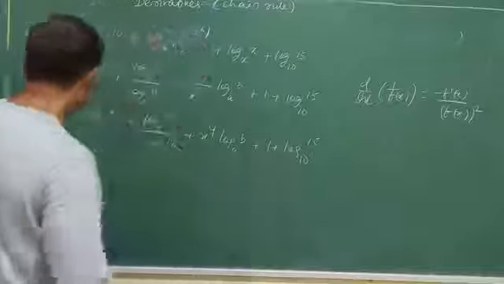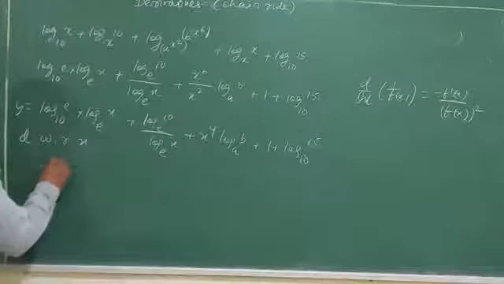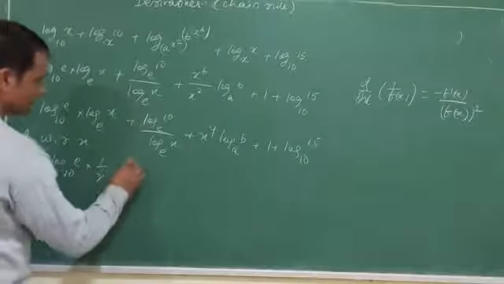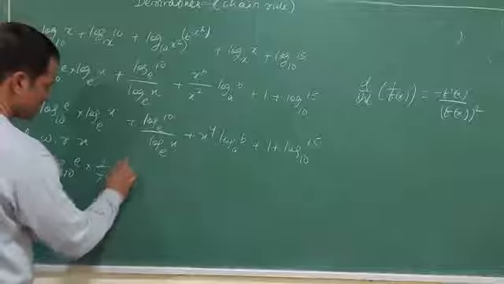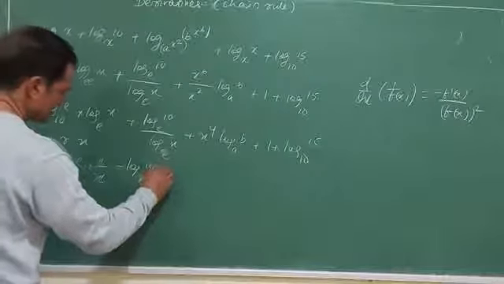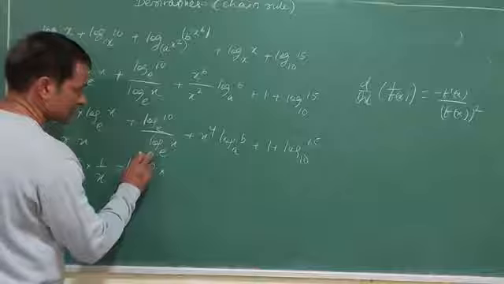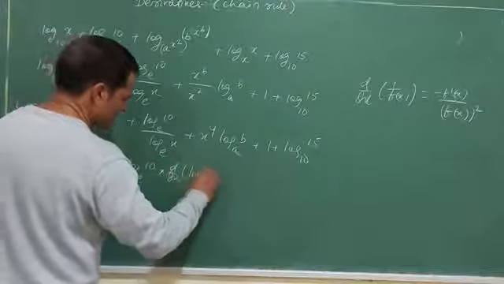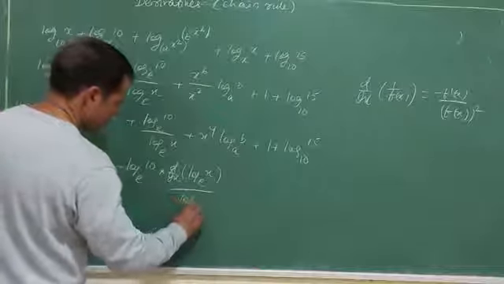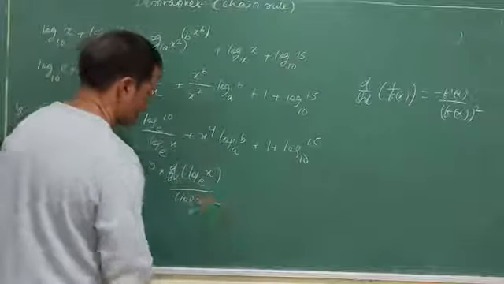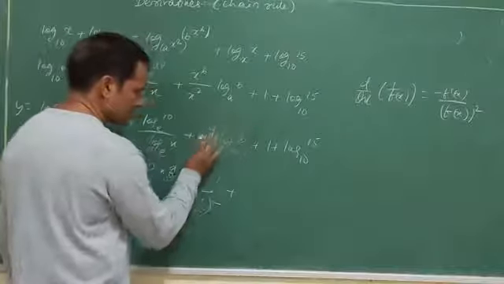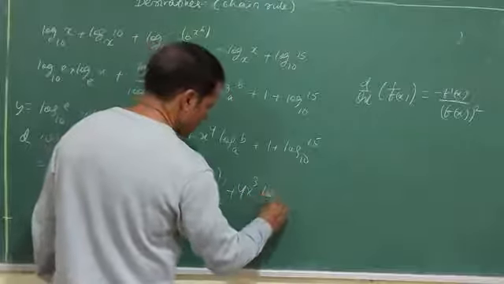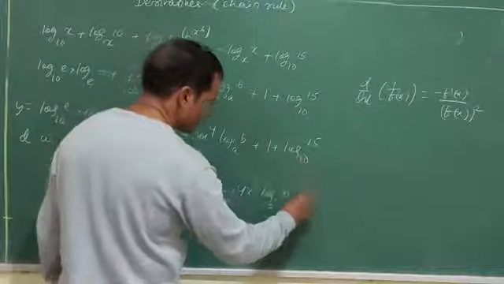So I write it down now. This is silent. Log 10 base e, log e x derivative is 1 by x. This is kept silent. Minus sign comes there. So minus log e 10 into f dash x, and this is f(x), d by dx of log e x by log e x whole square. This is a constant term, so the derivative is only of the variable term. 4x cube log a, epsilon is a constant, 0 plus 0.